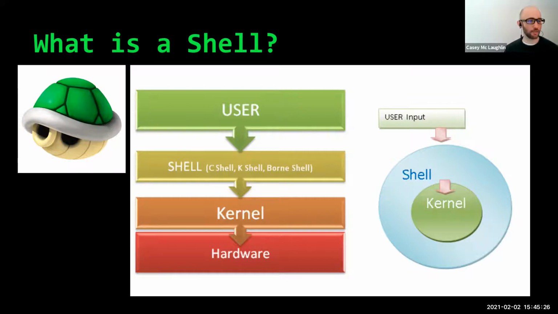Okay, so let's start from the bottom and work our way up because things get more abstract on the way up. At the very bottom is the hardware, which is the tangible parts of a computer: the CPU, the RAM, the disk drives, the display devices, input, output, etc. Every operating system has a part that interacts with the hardware, and it's called the kernel. This is a universal term used across all operating systems. When you hear kernel, think about the hardware interaction part.